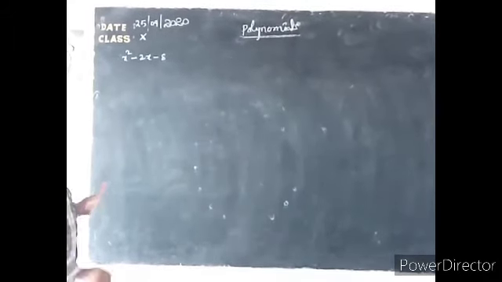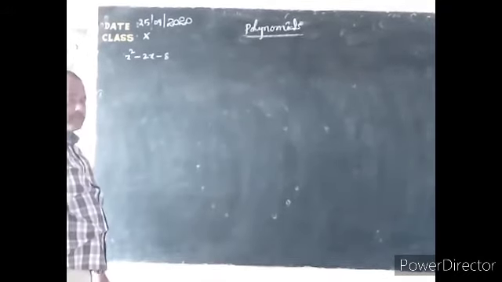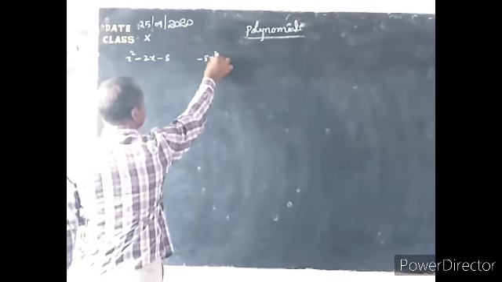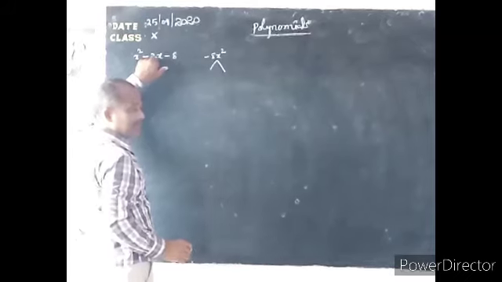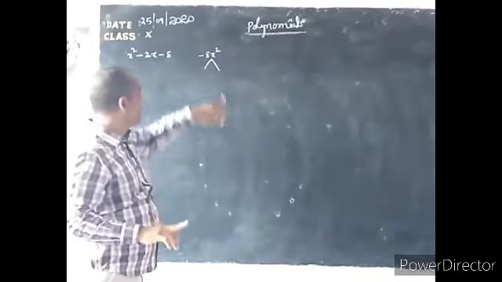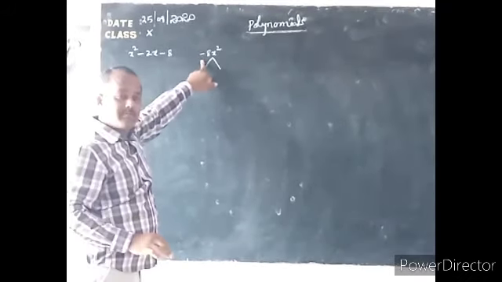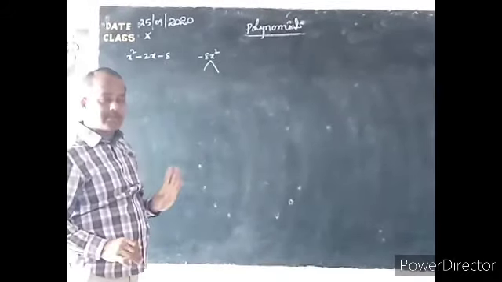Now x square into minus 8, how much are we getting? First and last, minus 8x square. Yes? Minus 8x square. Now split into 2 parts to get minus 2x. How do you get a minus? The multiplication of 2 numbers: how should we take them? One is plus, one is minus. Why? In the product, the final result, we need to get a minus. That's why minus into plus. One number is a negative number, another number is positive.